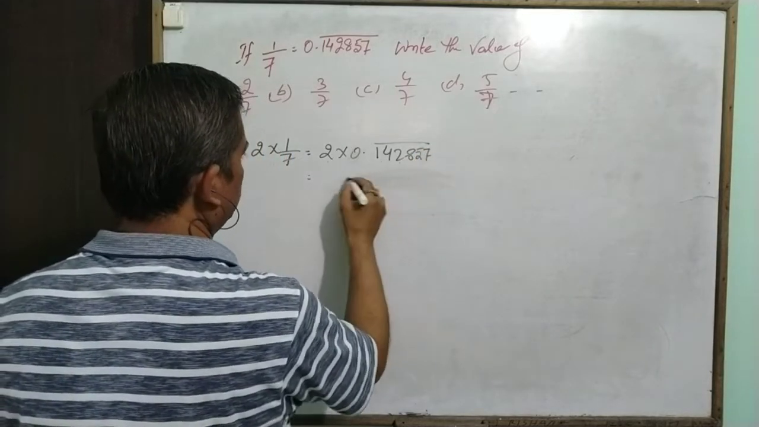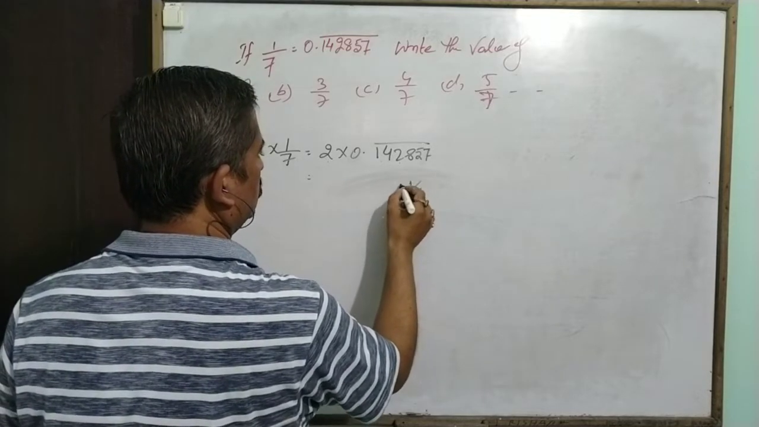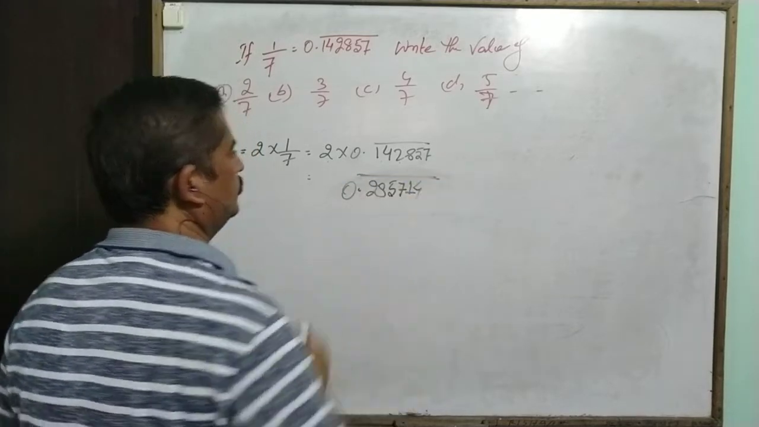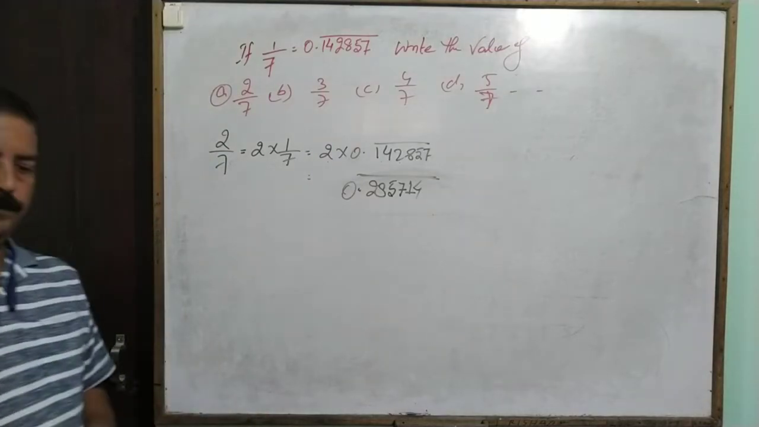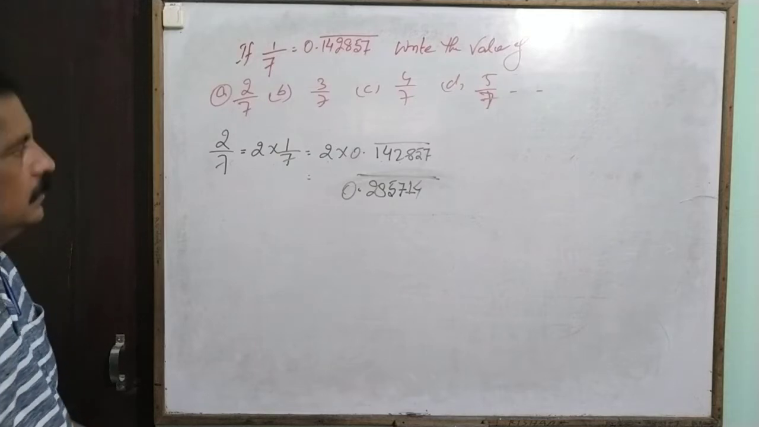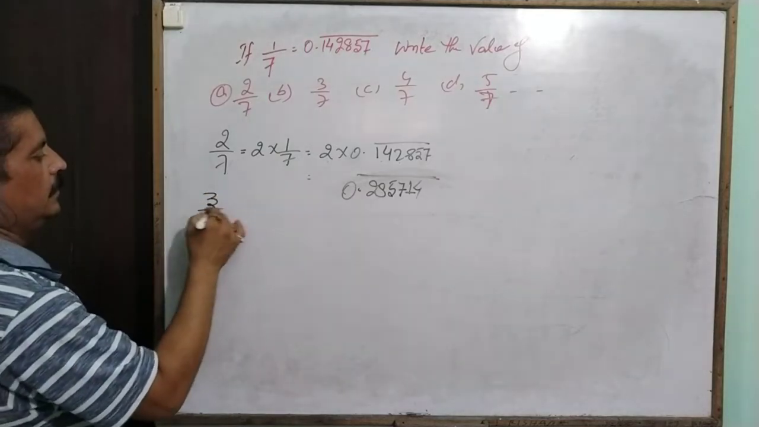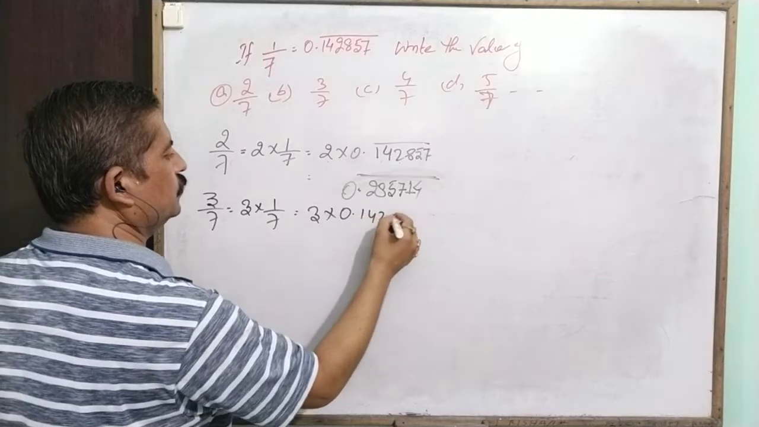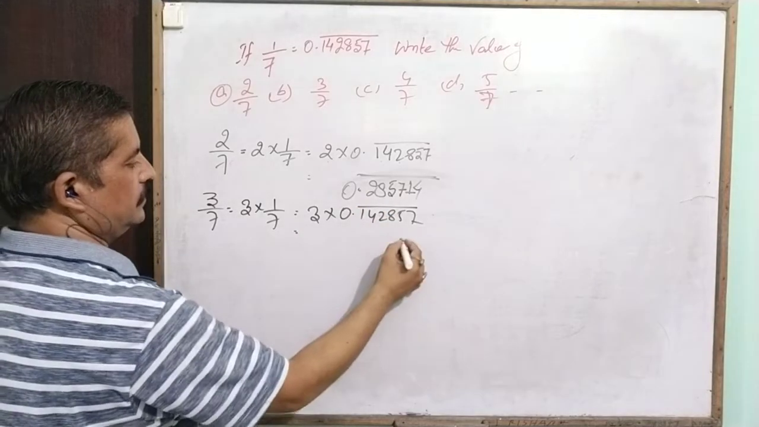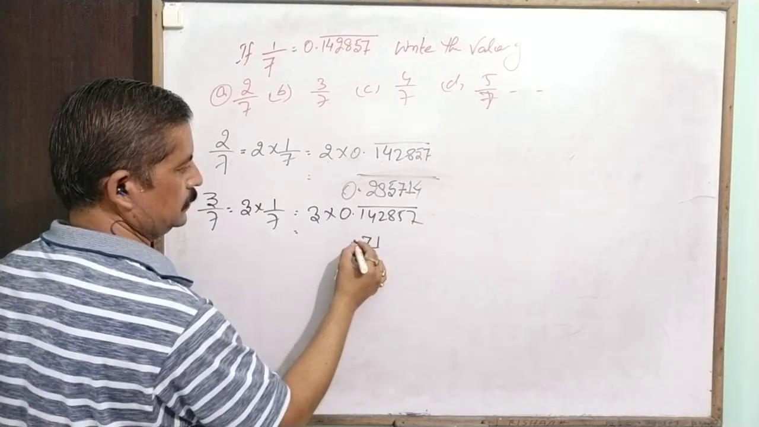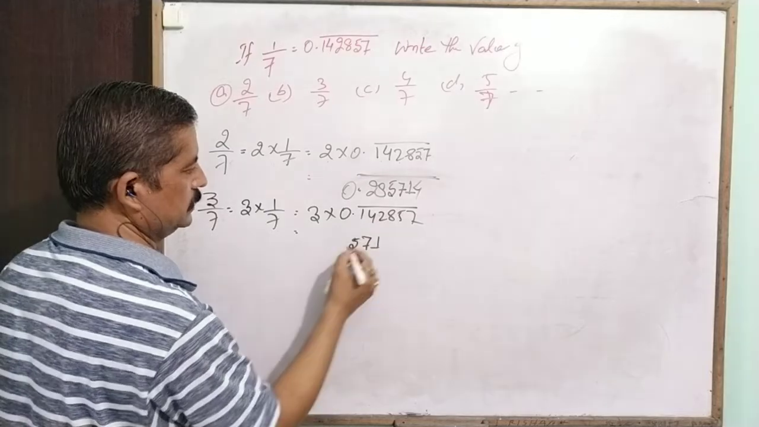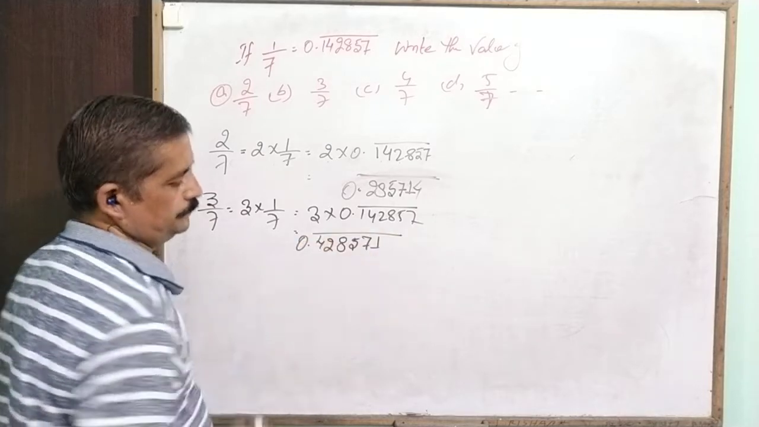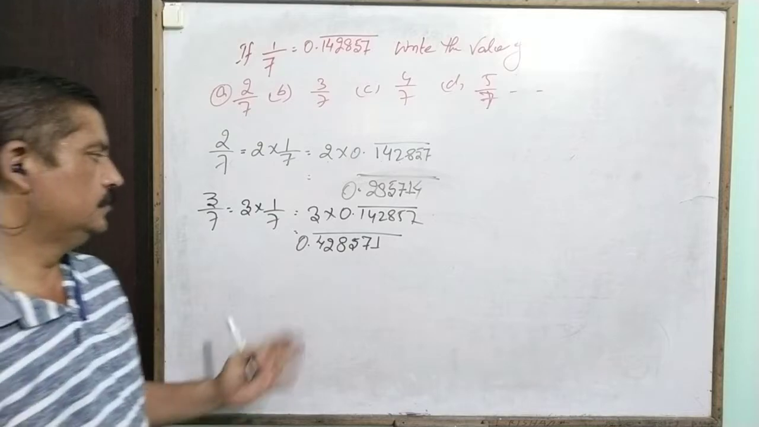One four two eight five. Then gradually, 3 by 7 means 3 into 1 by 7 equals 3 into 0.142857. So the value is...